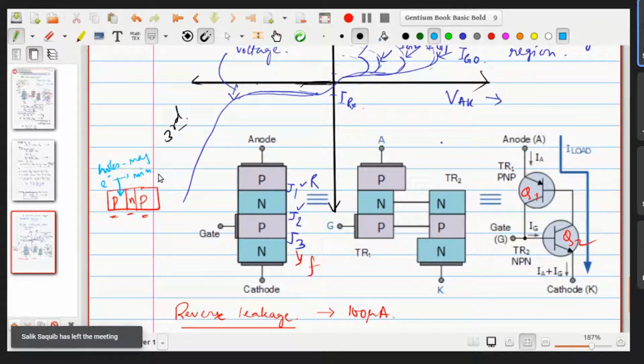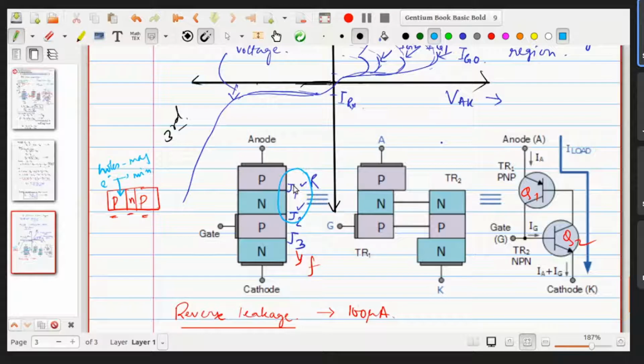So at this point, the reverse blocking current that we are considering, being a minority carrier current, remains approximately constant with increasing reverse bias, until minus VAK is high enough to initiate the breakdown of J1 and J2. It will continue in that state until it is enough to initiate the breakdown of the junctions J1 and J2. This region will be considered the region of reverse characteristics.